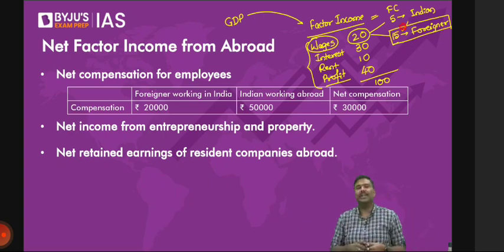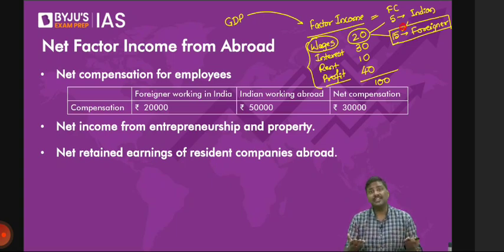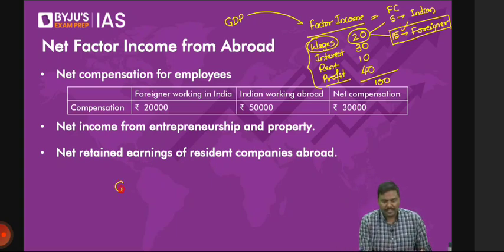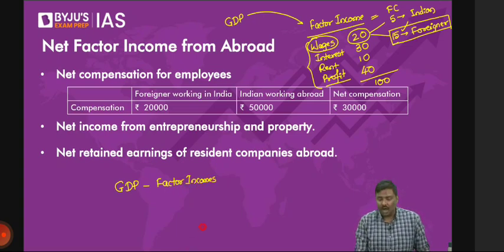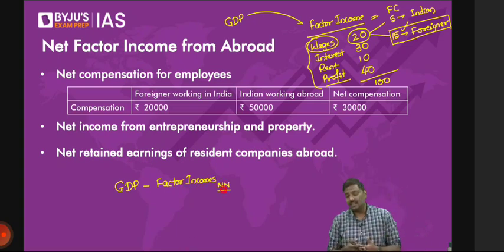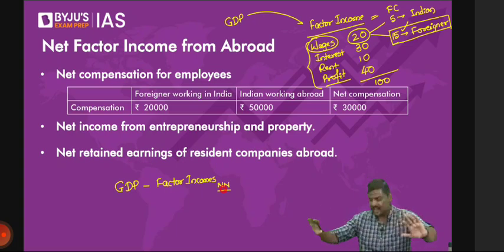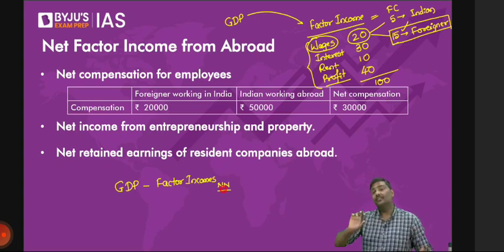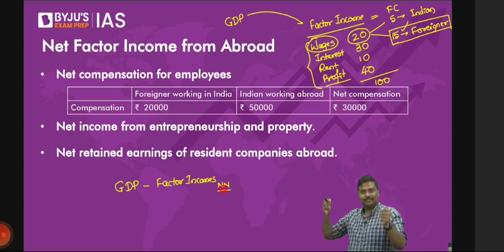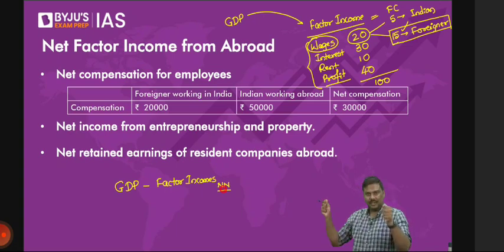But it is already there as a part of GDP. How do I adjust it? This is how the adjustment is done. From the GDP, whatever factor incomes are earned by non-nationals, I'll simply write NN, non-nationals, that is, not Indian nationals, I will have to subtract it. Is point one okay with all of you? Why? GNP does not count other nationals here.